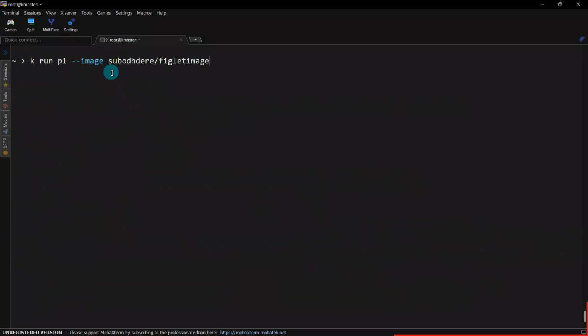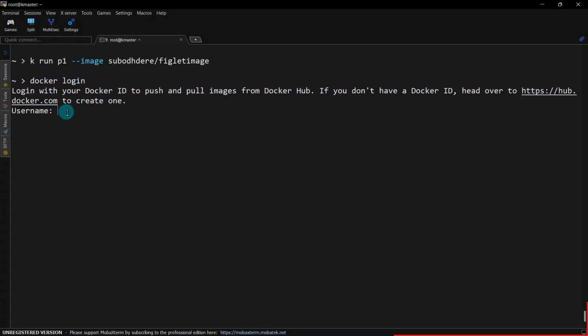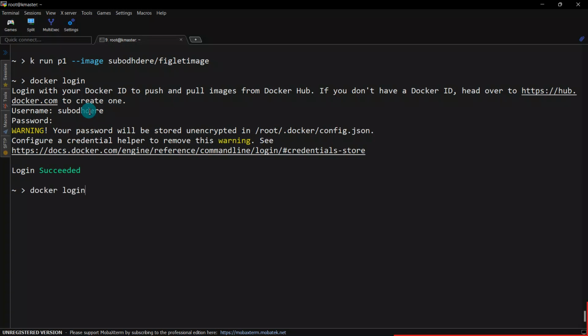In the Docker section we used Docker login, so I give my username and password, let's say this password. And even if I create one more pod after this,